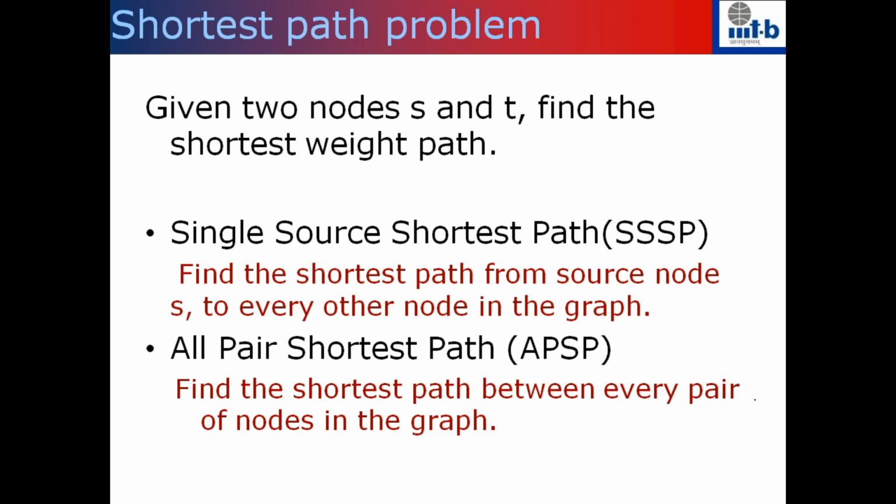Okay. But we wanted to find the shortest path from S to T, right? But we are talking about single source shortest path, which will find the shortest path from this particular source vertex to every other node. So when it finds shortest paths to every other node, it also finds the shortest path to T. But the single source shortest path is probably doing much more than what is required for me, right?